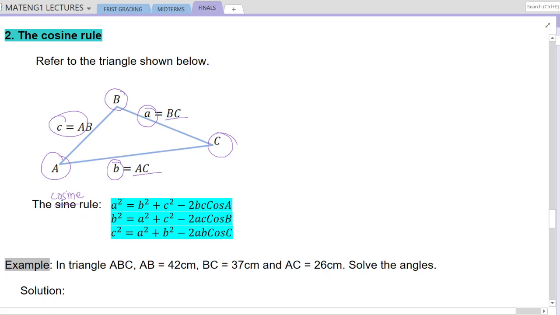Okay, using cosine rule, that is a squared is equal to b squared plus c squared minus 2bc cosine of A. So that is the side, if this will be the given, so that is side a, it corresponds to its opposite angle, which is A. And then the same with this one, so those are our hints. So b there corresponds to the opposite angle, which is B also, and then c the same, that is opposite angle, which is the uppercase C.